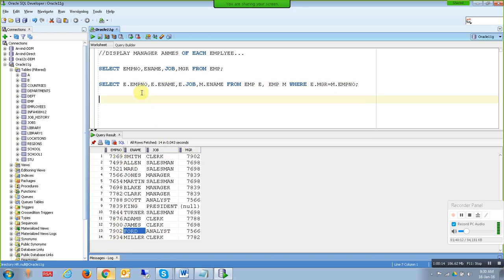So this is the details of the employees with manager name from employee E, employee M. Two tables I have created, and on both tables I have put the join condition, where employee number and manager ID should be the same. It will give the matching records, right? So when I run this,